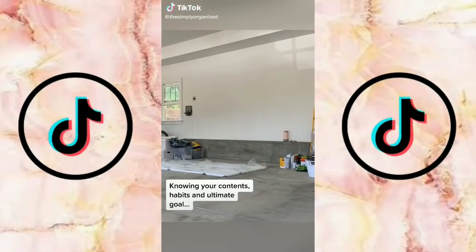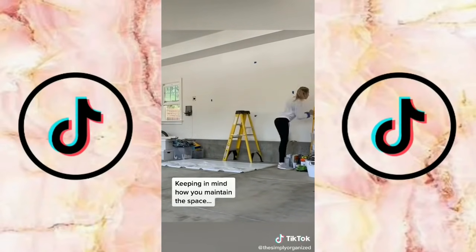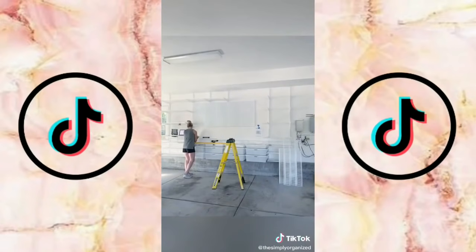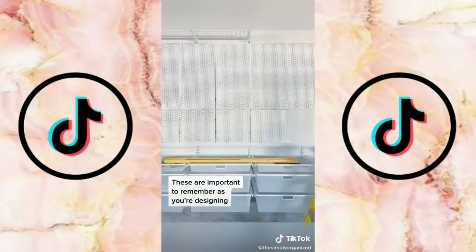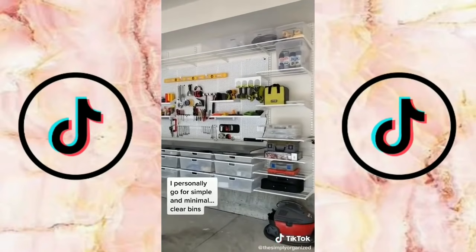Now that you've decluttered, categorized, and painted, it's time to design, install, and organize. To achieve your ultimate garage, determine what storage type works best for you, your style, and habits, and take into account items you're storing. Closed or open cabinets and shelves, clear or concealed bins. Do you have hobbies that you want to do in here, like woodworking, or are you just creating more play